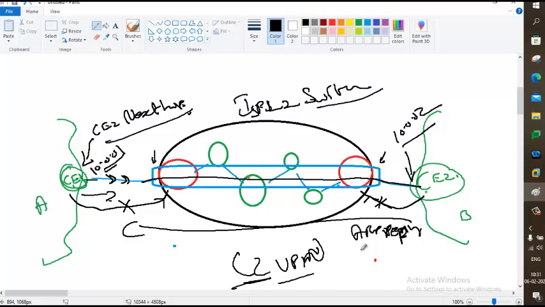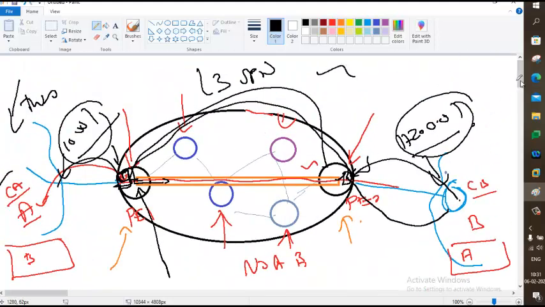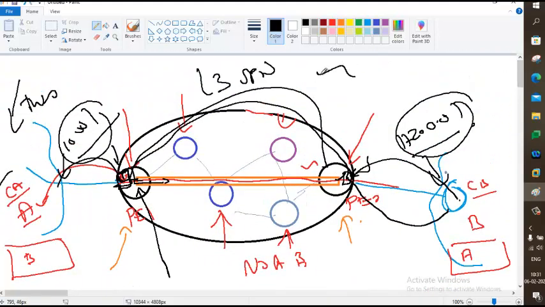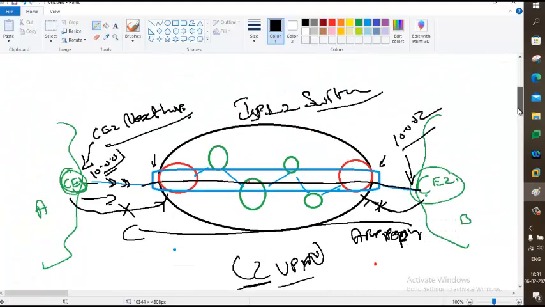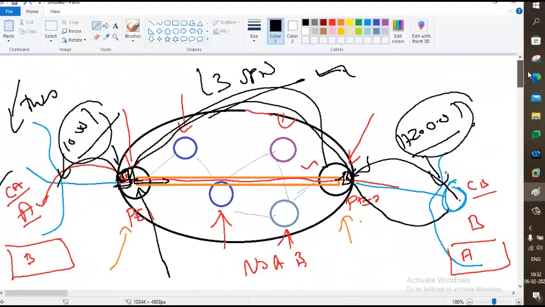VPLS. So in our class, we will start with layer 3 VPN and then we'll switch to layer 2 VPN once we master layer 3 VPN. Layer 3 VPN will take some long time to understand and do, but it will be interesting. It won't take much time for you to learn VPLS. VPLS can be done in one day. For this, at least we'll spend 3 days on layer 3 VPN. All right.